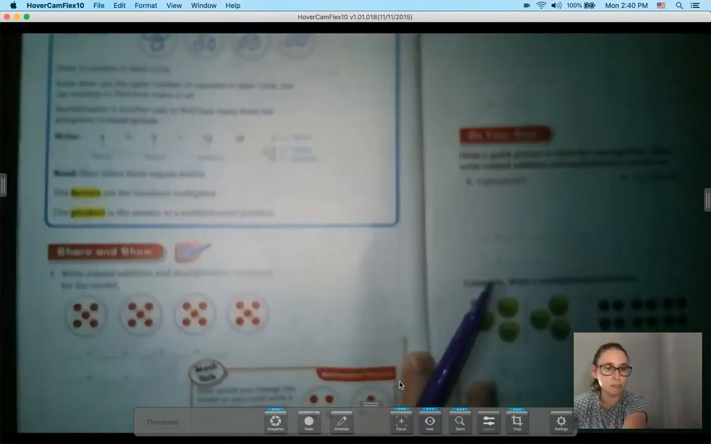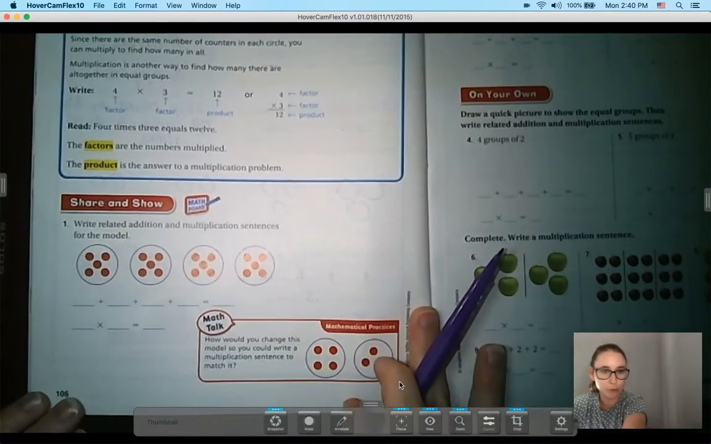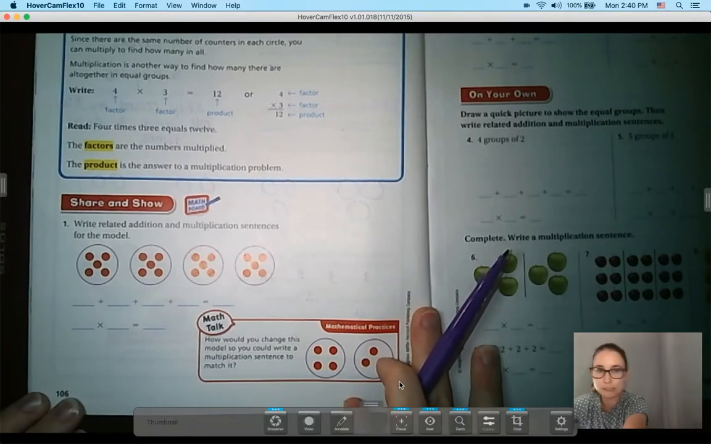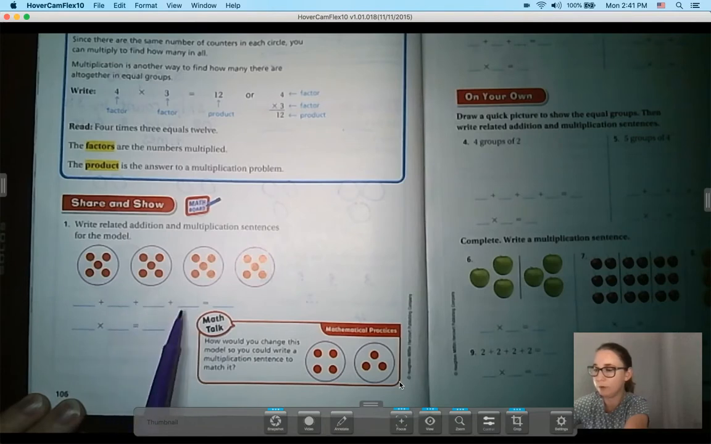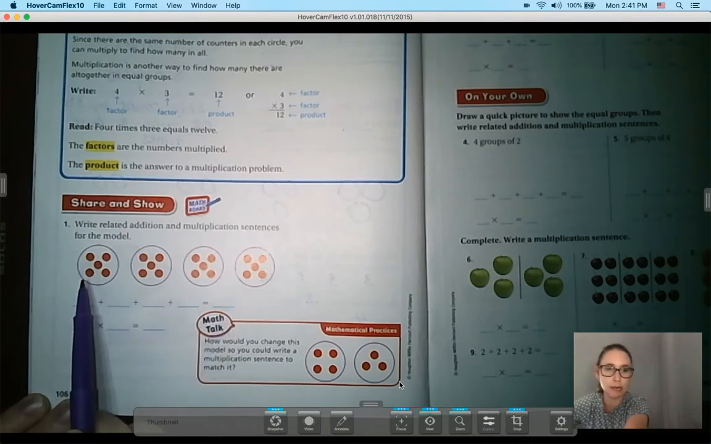So now moving down to our share and show, it asks us to write related addition and multiplication sentences for the model. So remembering that our big circles are how many groups we have. So that's how many times we're going to add something together. And what we want to put on these little lines is how many are in each group. So here each line represents one group. The little circles inside are